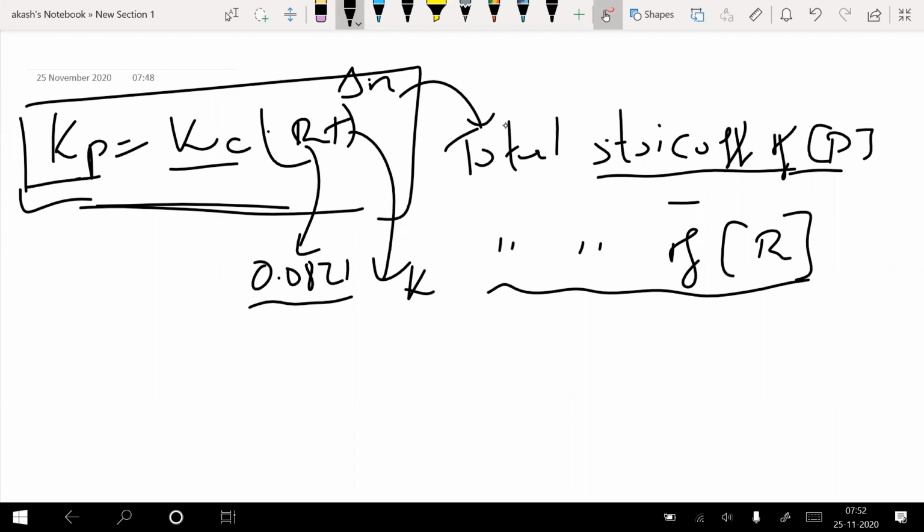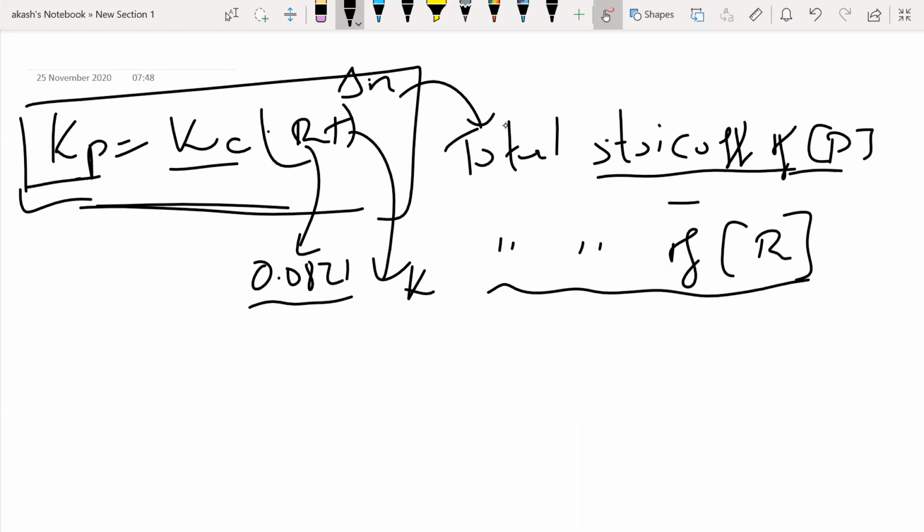For that, we have a number which is actually going to help us predict whether the reaction is going to move forward or backward. These complications will come only when I have both reactants as well as products at time t equal to 0, at the initial case itself. So what is that particular thing which is going to help us? That is what is called your